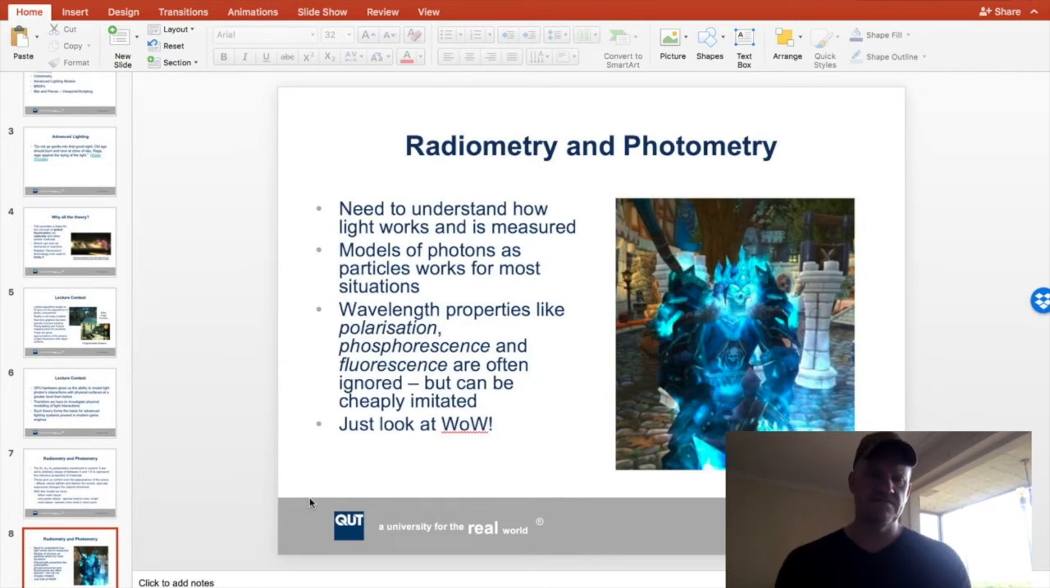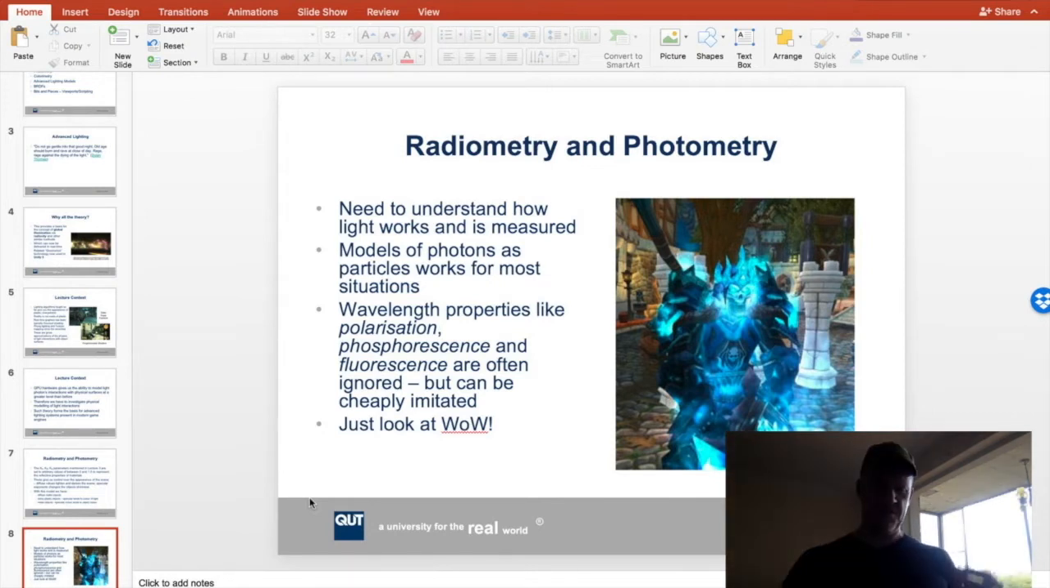So we need to understand how light works and how it is measured. Once you've measured it, you can then build functions to model it. And the models of photons as particles work for most situations. So we're not going to get into quantum mechanics. We're just going to treat it that the light